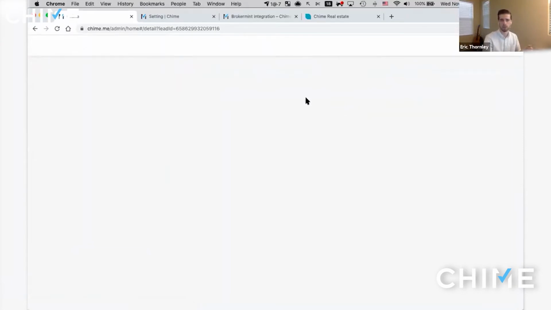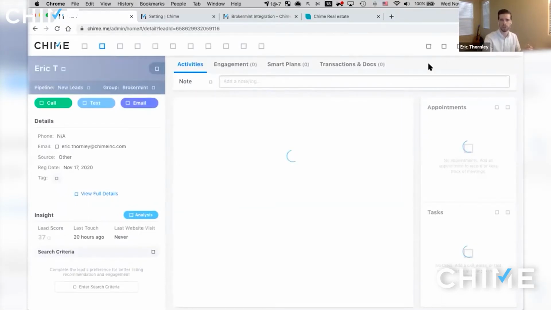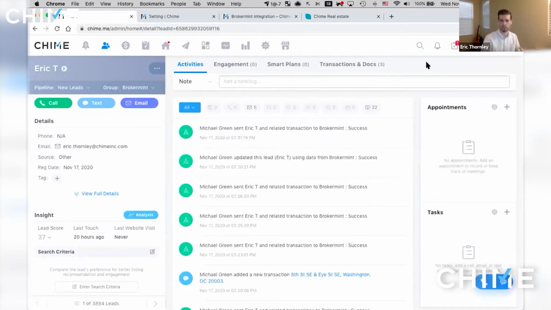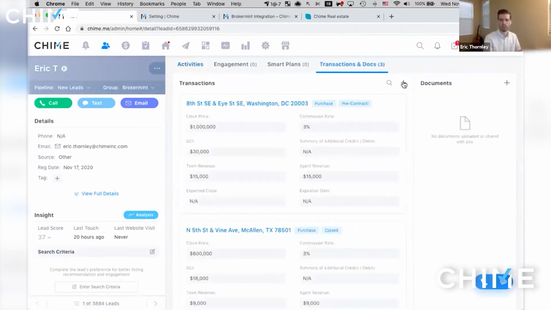So we're gonna sync a new transaction over to BrokerMint. We already touched on this briefly earlier. When you were seeing BrokerMint, you can accept transactions that are sent over from Chime. There's a couple of different ways to do that. So we're gonna go here. We're gonna add a new transaction,